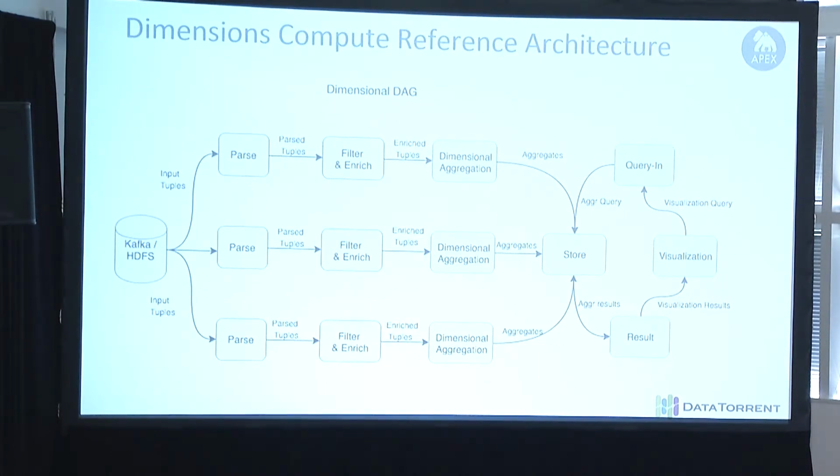We're parsing all of that data through a Kafka input operator, then doing some filtering and enrichment on the parsed tuples, then passing it on to the dimensional aggregation component, which is highlighted in yellow here, which will take care of aggregating data based on certain dimensions and metrics,